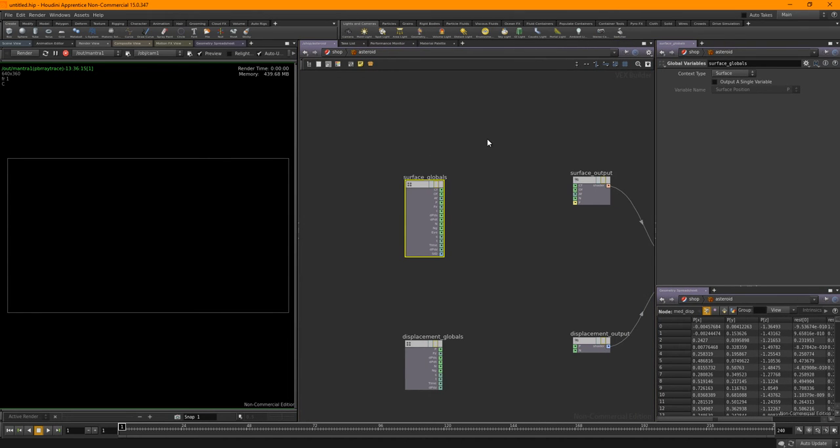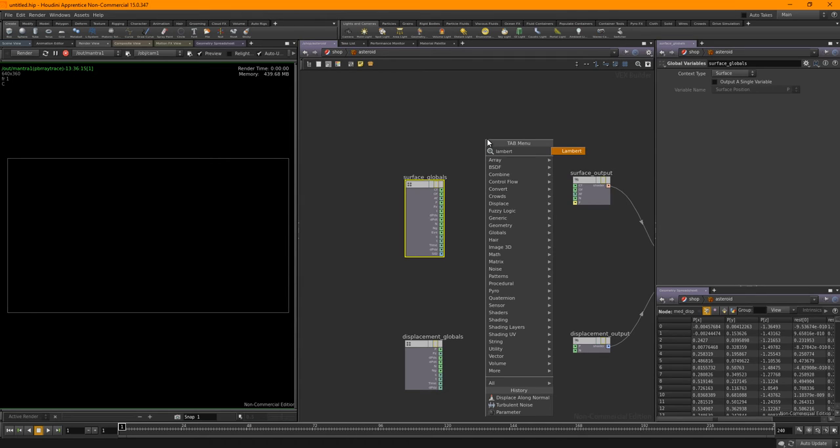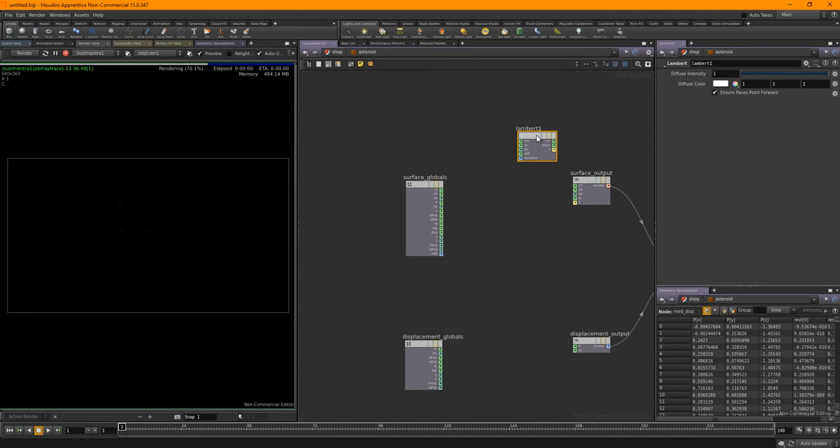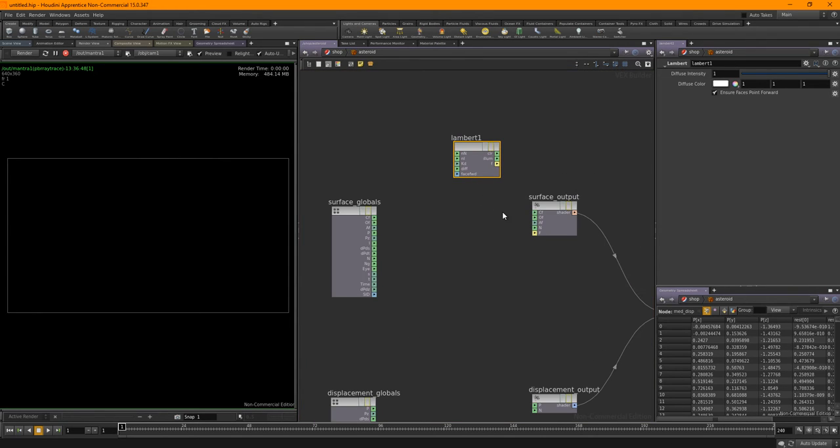So yeah, the easiest way to get stuff showing up is don't start building your diffuse network straight away. Stick some lighting in. The shader has to have light calculation to be able to see the object. So drop a Lambert down. Okay, don't need any fancy ones. You could put down lights, different lighting VOPs and stuff like that.